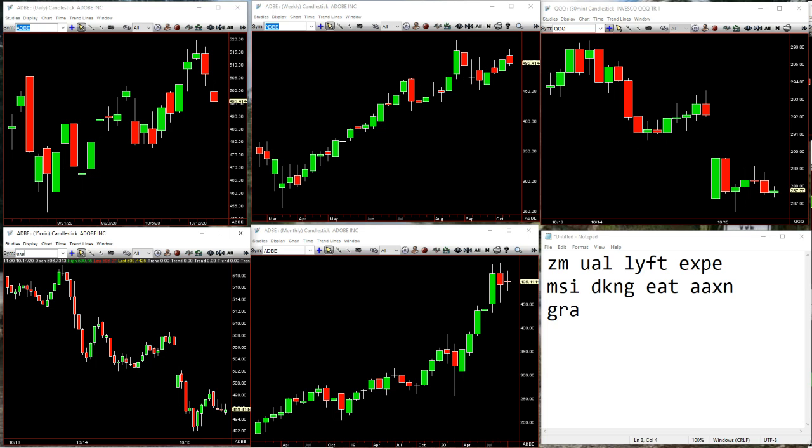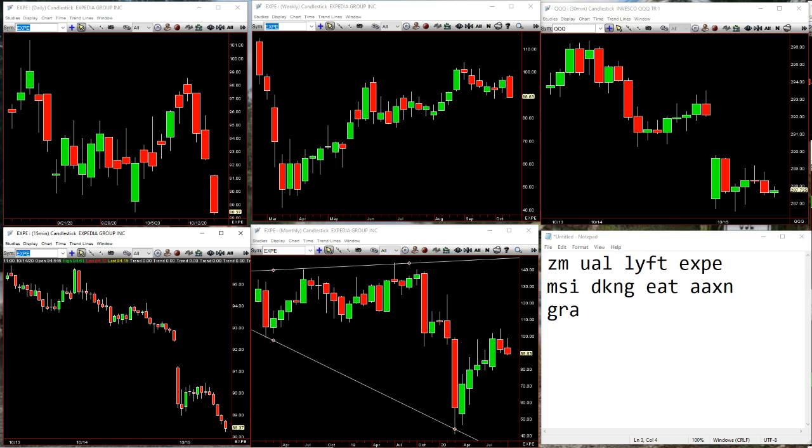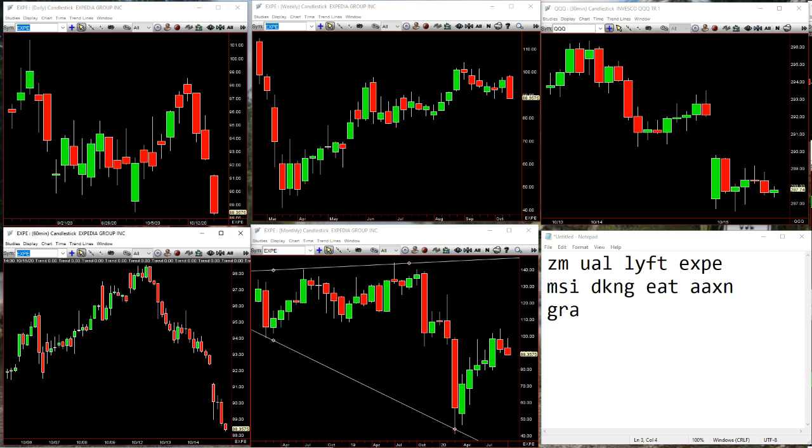EXPE, Expedia, having some problems. You can see something that doesn't rally back. Outside weaker here, up in the upper middle, going after taking out last month's lows. And how's the 60 doing here? There you go. There's your inside on the 60. Right, this takes 2 hours to set up. There's no way you miss this thing, right? Boom, just hit that thing right here. 89.61, you're in. Let her keep puking for you, and then move your stops down.